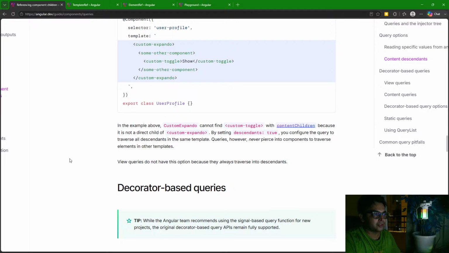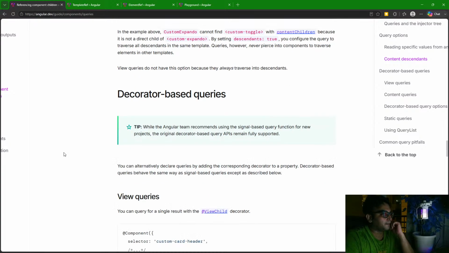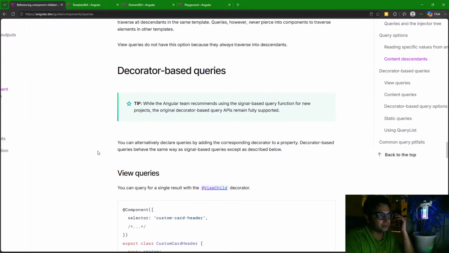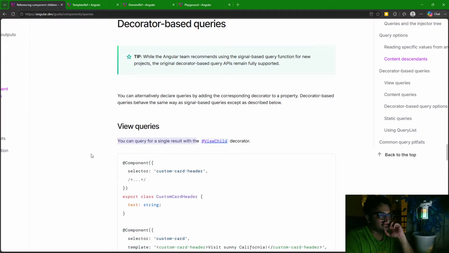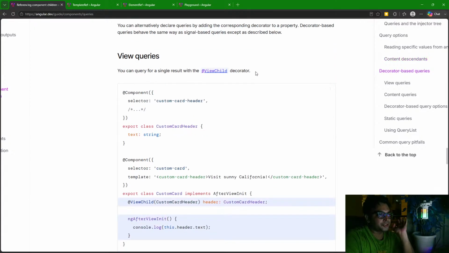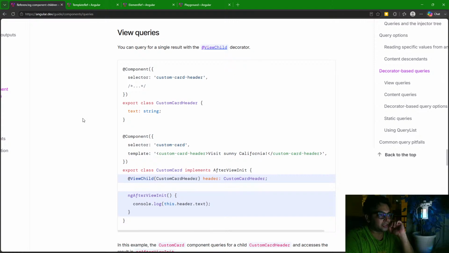Because it is not a direct child of custom expander, by setting descendants true, you configure the query to traverse all descendants in template. The Angular team recommends using the signal based query function for new projects, तो इसमें देखो जरा। ये व्यू चाइल्ड जनरेशन वही पुराना वर्जन है, जो लेगेसी वर्जन है व्यू चाइल्ड फंक्शंस का, ये कंटेंट चाइल्ड फंक्शंस का।